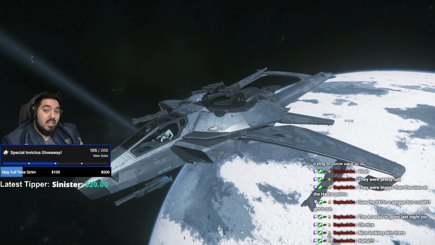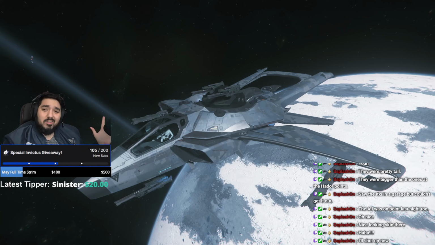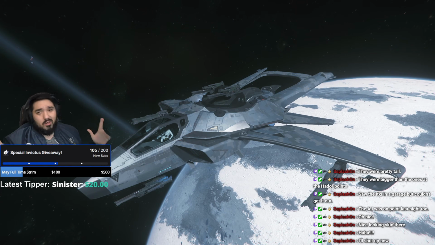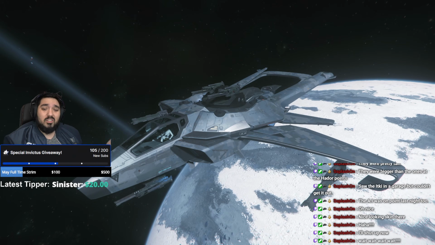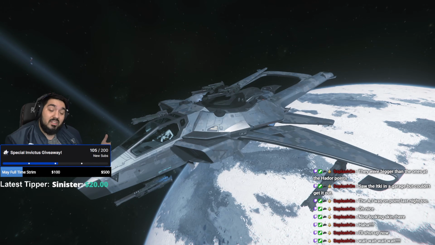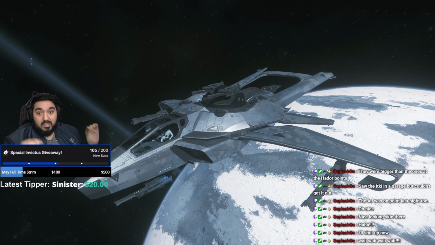What up, guys? Astro Manny here, back at it again with another video. How you guys doing? This is it, the next ship build video. If you don't know what ship we're doing, you're not looking at the screen, so I'll let you know. We're doing the Hornet build. We're doing the F7A Mark II, specifically Hornet build, but we will briefly talk about other Hornets in this video